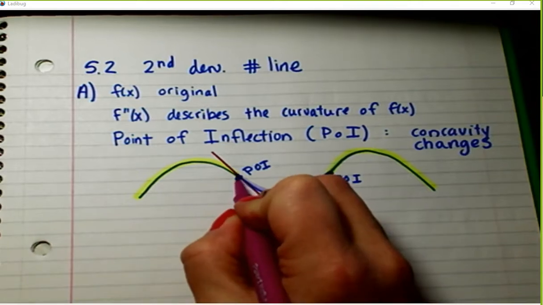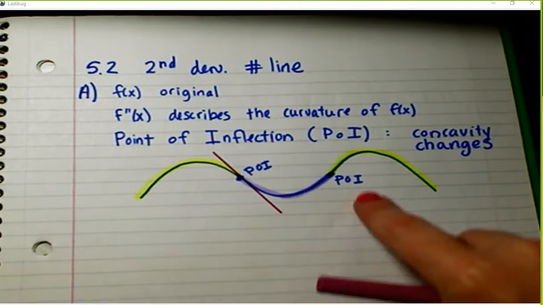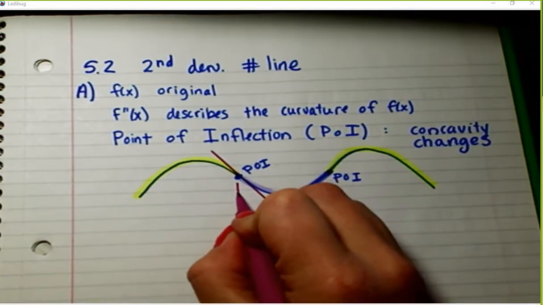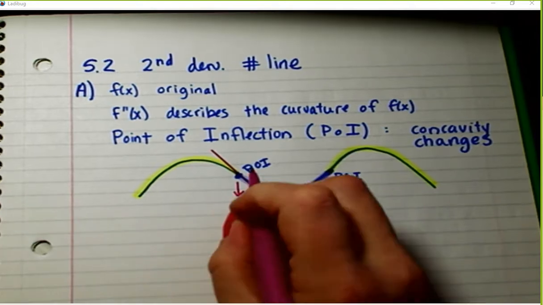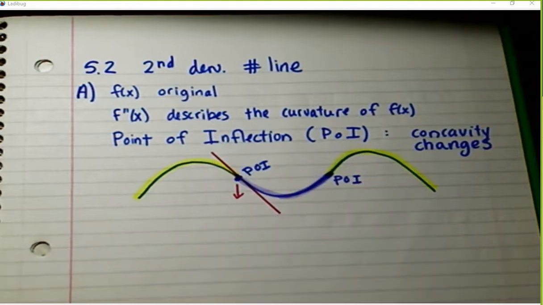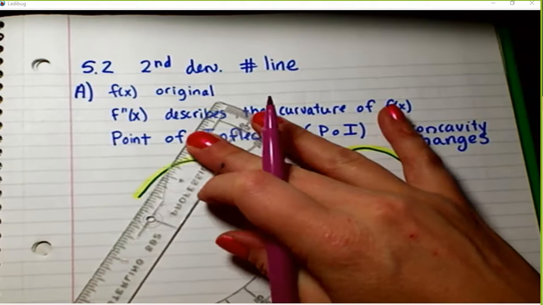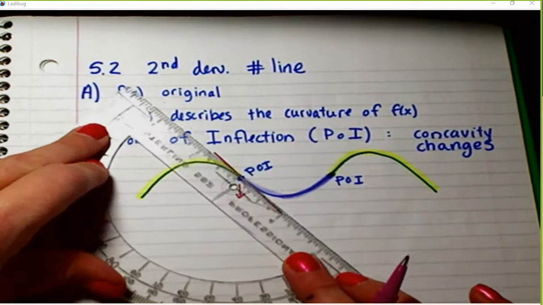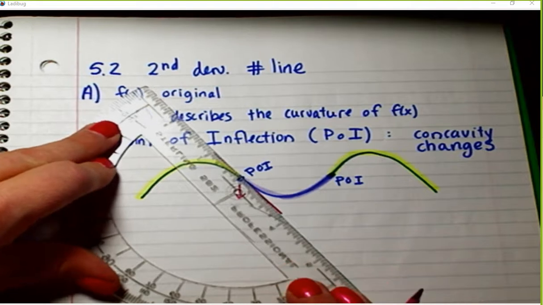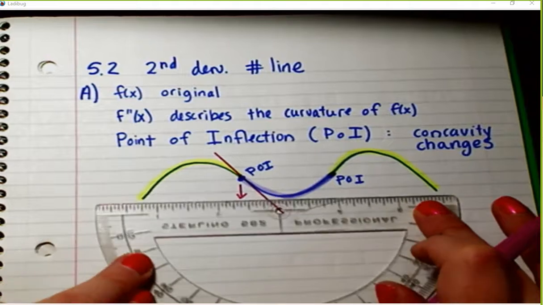So points of inflection have a second description. Besides the concavity changing, it is the greatest or the least rate, right? Steepest slope, okay? Now this is a negative, right? This is the biggest negative slope, right? As my tangent line goes across this curve, biggest negative slope, because right here, then it starts going back up,